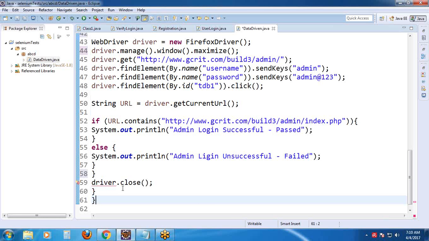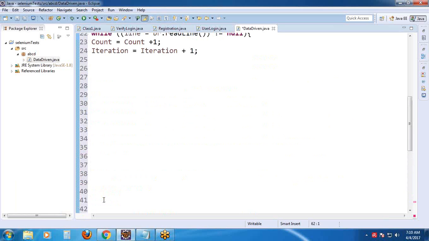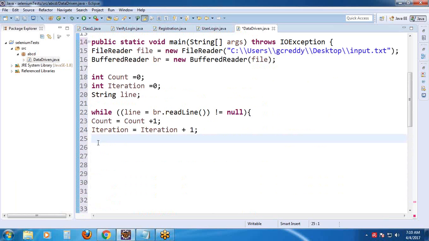Just a minute. Still some problems are there. Write condition: if, observe Ravindra, if count greater than 1,